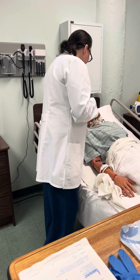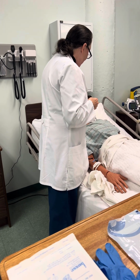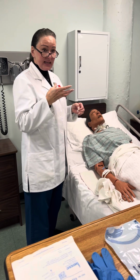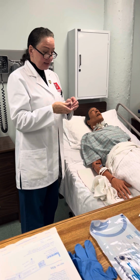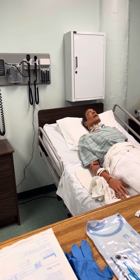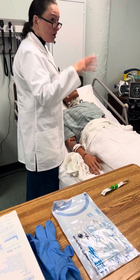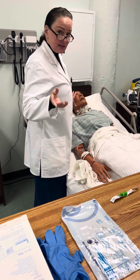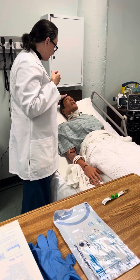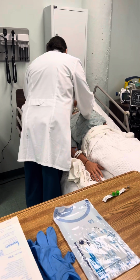Right, we want the patient's face turned away from the site, because if they cough or even talk or sneeze, any debris or organisms from their mouth can be displaced onto the site, and we wouldn't want that to happen. So part of what I've got to educate the patient about is they also need to wear a mask. So they need to be masked, we're gonna be masked, and there is a mask in the kit, and you should have your visor on as well. He's gonna need to wear a mask, and I'm gonna turn his head away from this. We're gonna talk a little bit about